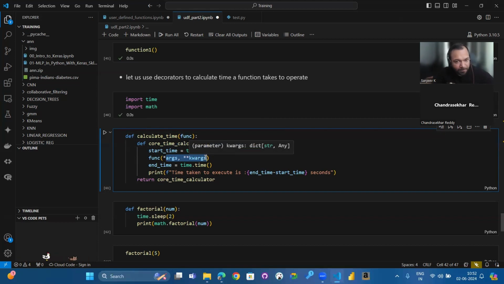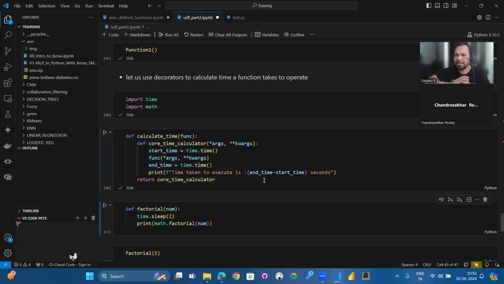It can be a little confusing, but I want you to write the code, take your time, and see how the relationship is there. In the main function, I'm passing an argument. This argument is a function. This function is being called inside another function. Just keep that in mind. Before calling this, I need a start time. After calling this, I need an end time. And what is the time difference? End time minus start time in seconds. That's it, as simple as that. Now this is a dynamic function. I can pass any function to it, any number of arguments, and any number of keyword arguments to it.